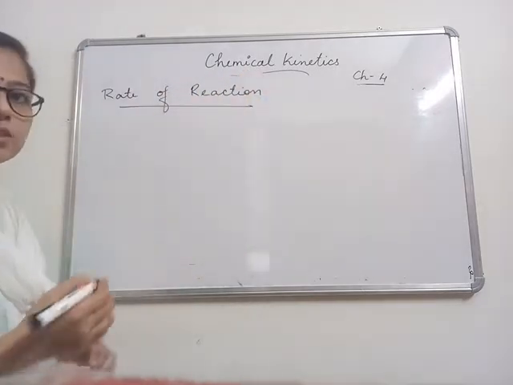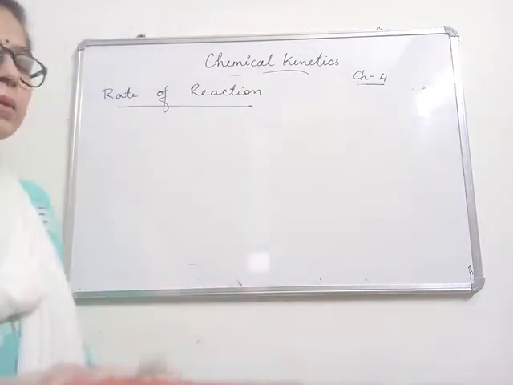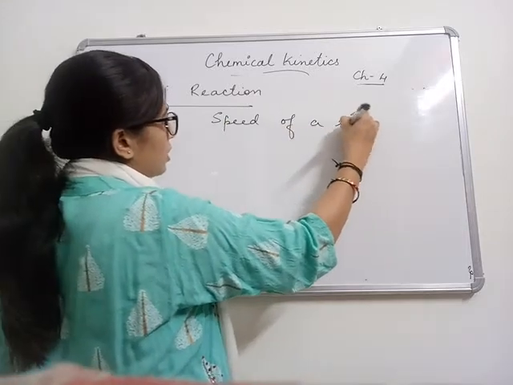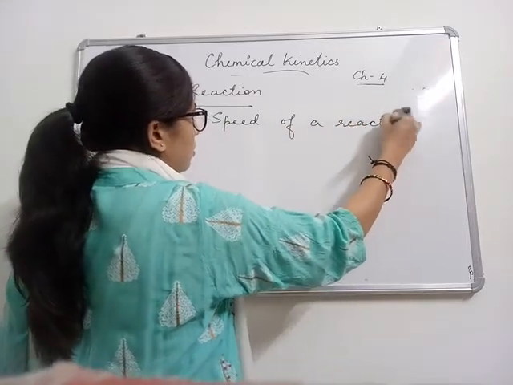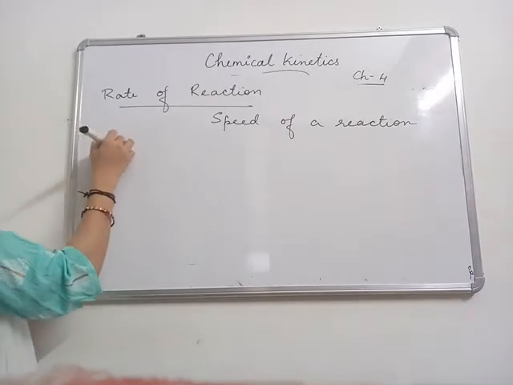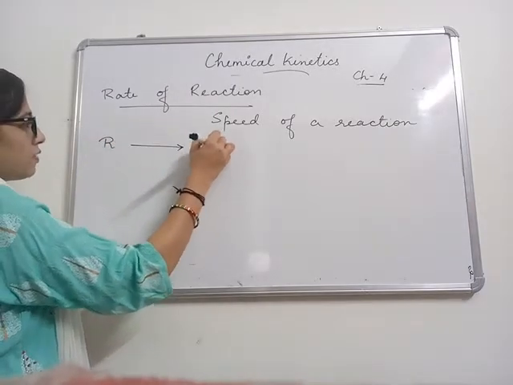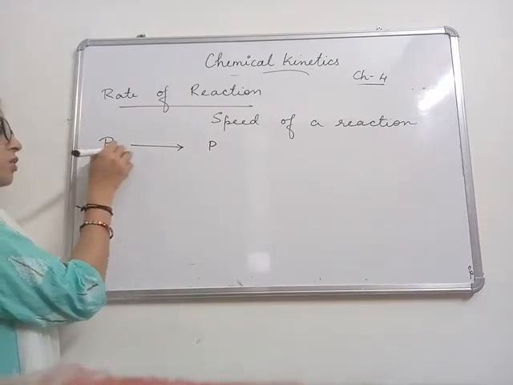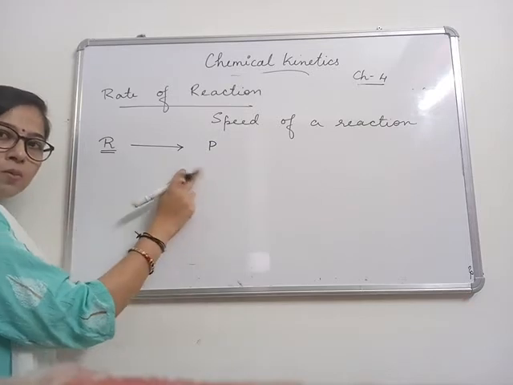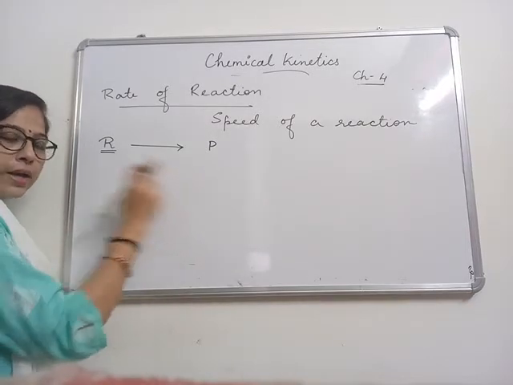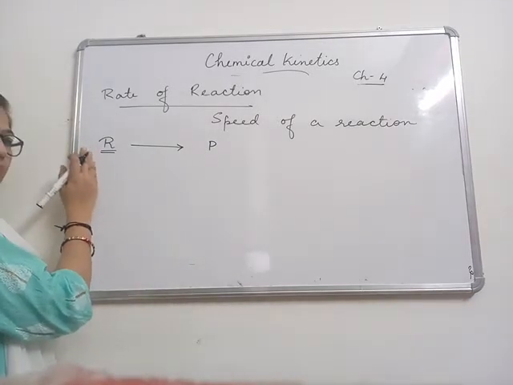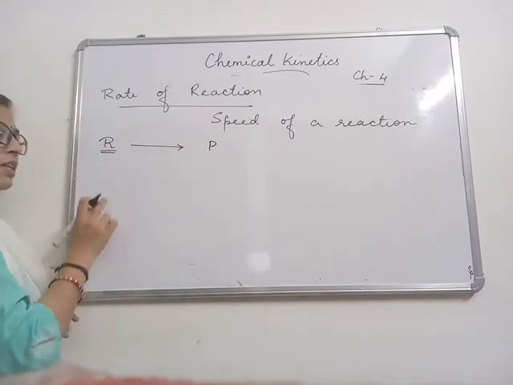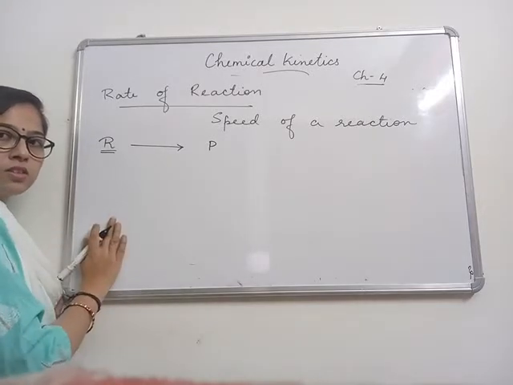In general, rate means the speed of a reaction. ठीक है, बट रिएक्शन की स्पीड कैसे नोट करेंगे? It is the speed of a reaction. And if you have a reaction in which R is converting to P, then initially you had only reactant. As the time progresses, the reactant changes to product. So initially we had reactant only and no product, but as the time increased, the amount of reactant starts to decrease and the product starts to increase.